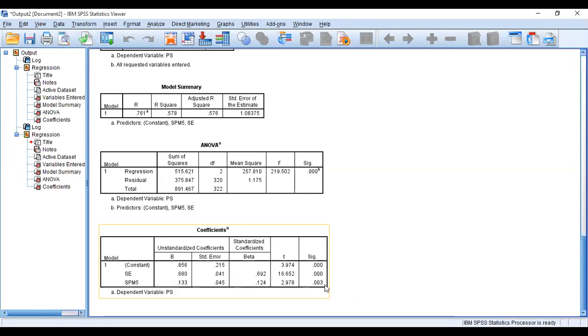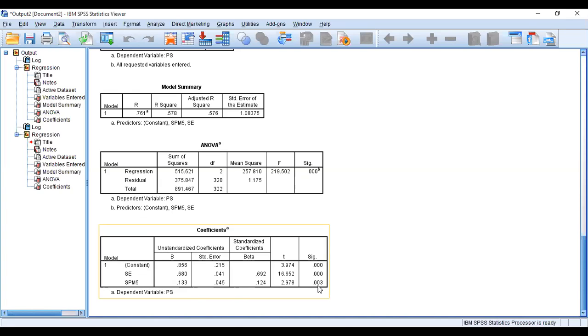Moreover, if we look at the impact of sustainable project management on project success, the p-value is 0.003. As we know, the acceptable limit of the p-value is less than 0.05. Here in our table, the value is 0.003, which is also less than 0.05. So we do not need to worry, which shows that this value of 0.003 for sustainable project management is also less than the threshold limit. So we can accept the hypotheses H1 and H2.